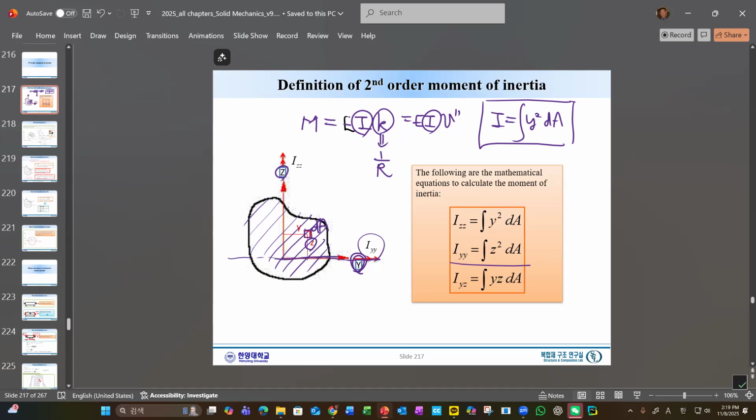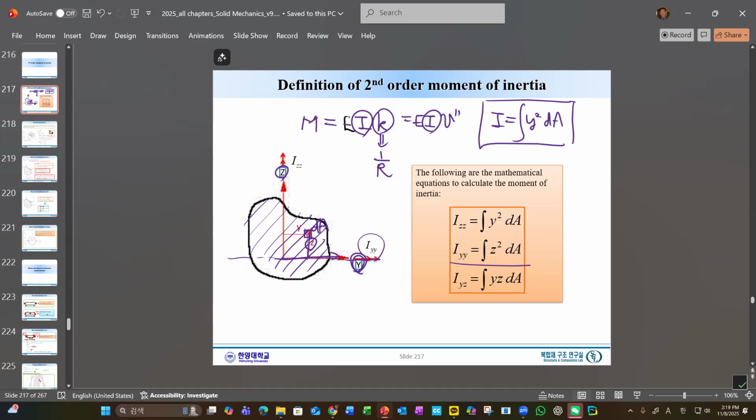So with respect to here, we have a certain distance, and the definition is y squared dA. The physical meaning of this moment of inertia is that we integrate the whole cross-sectional area dA, but